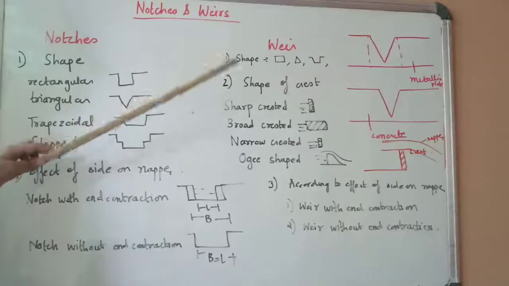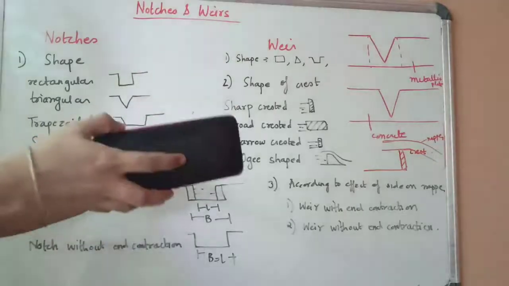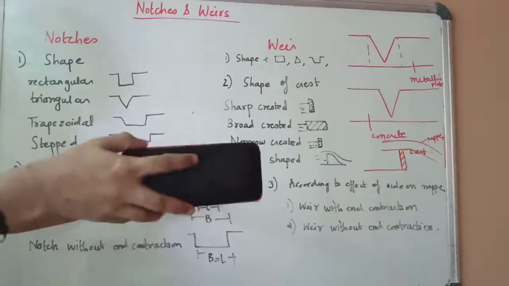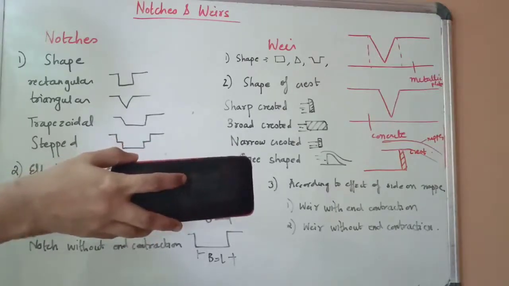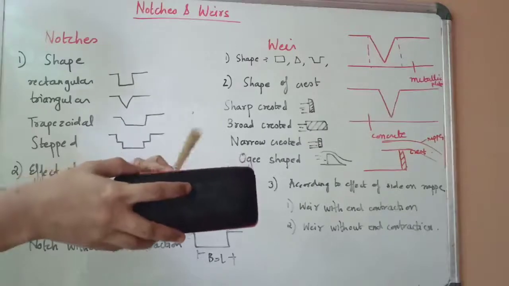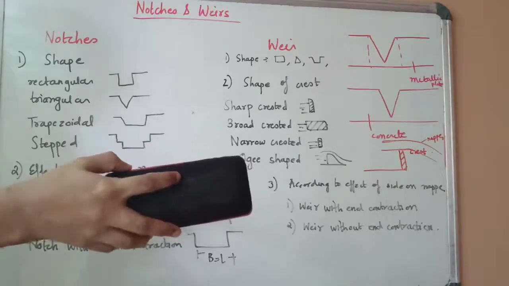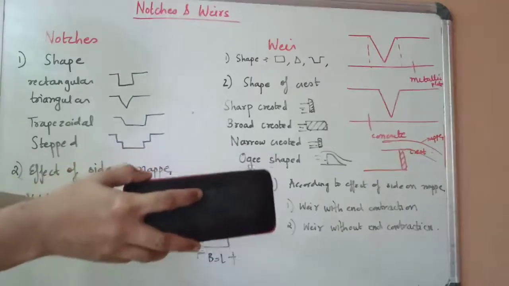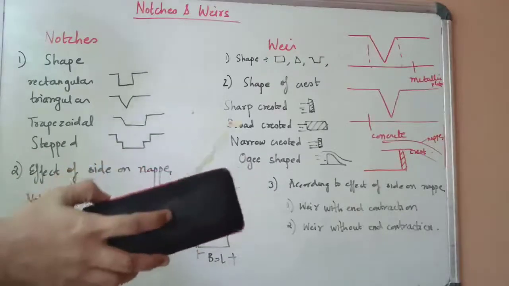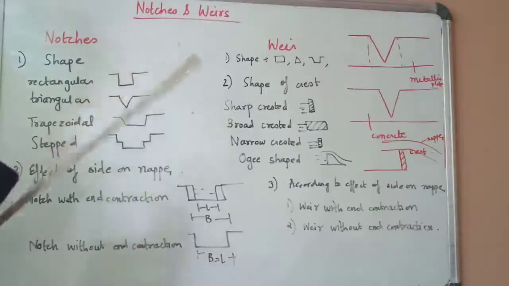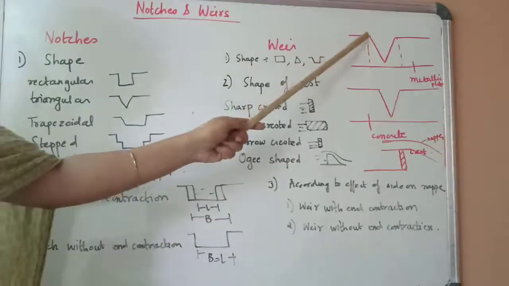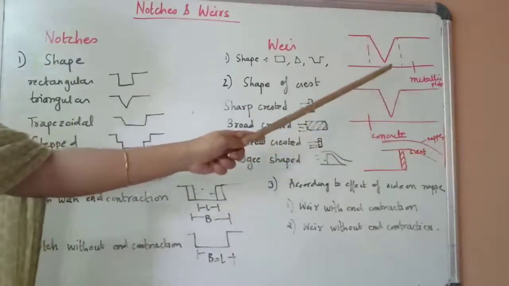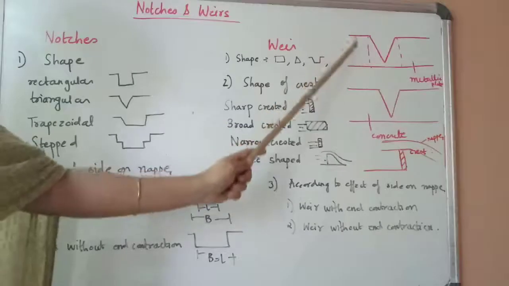Suppose water is flowing like this and an obstruction is there, like this, suppose a weir. Through this V notch or through the weir, the water will be flowing, and this is used to measure the discharge. A weir or notch is placed like this. Here I have shown a simple example of a triangular notch and a triangular weir to show the difference between these two. So this is a notch.